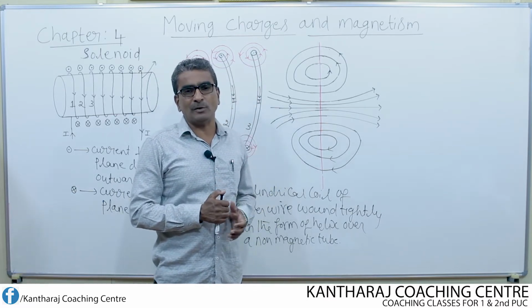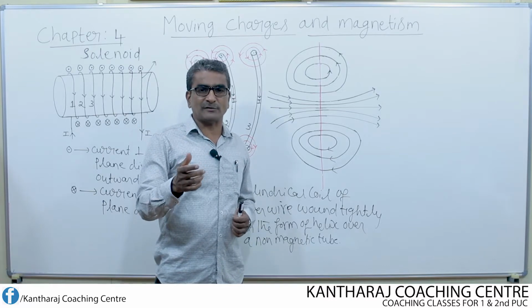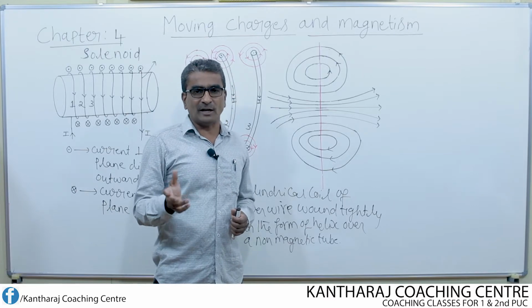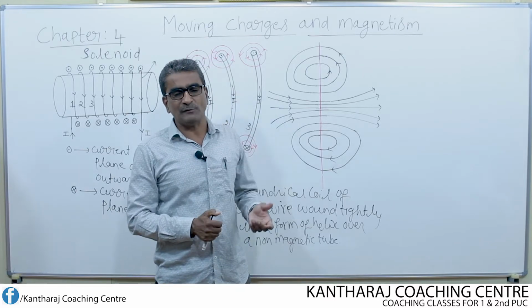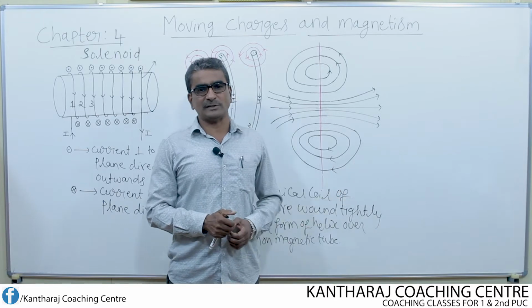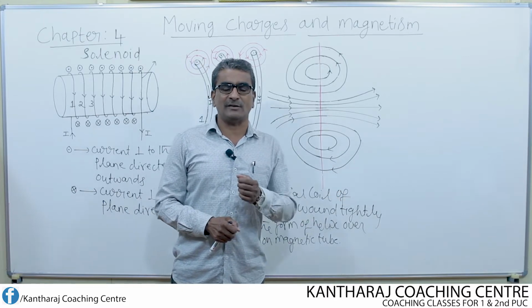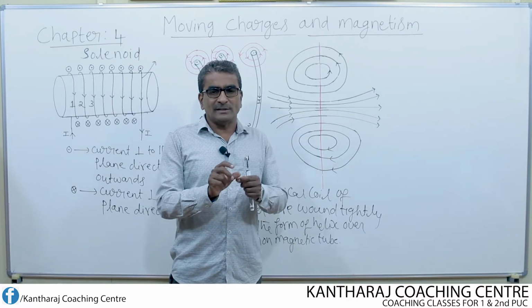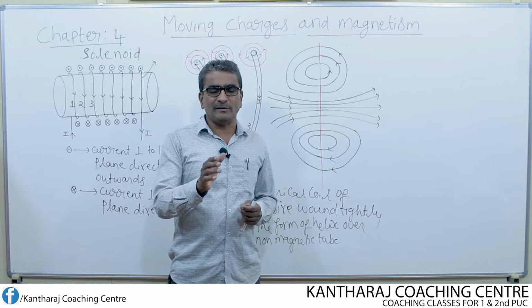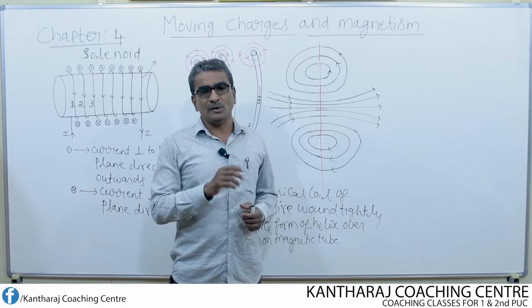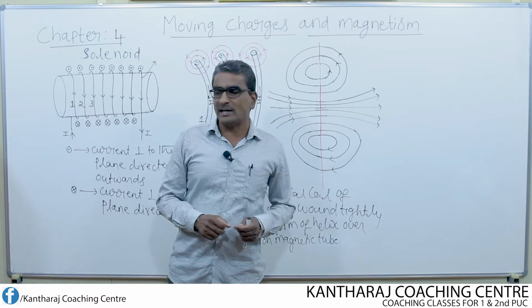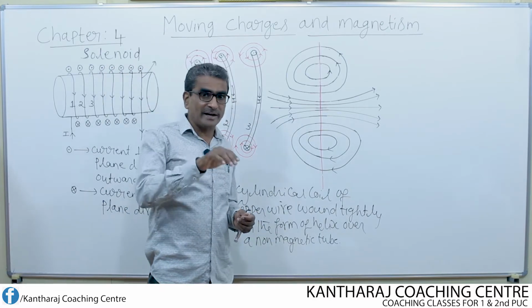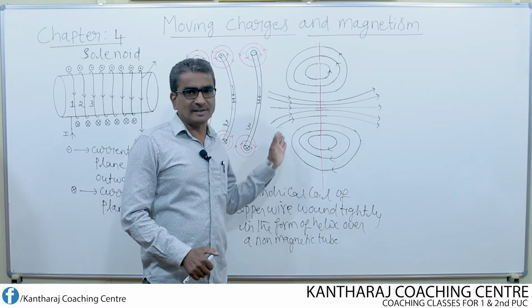Already we studied about the magnetic field produced in case of a circular coil of wire and also in case of a circular loop of wire, and also we derived the expression for magnetic field produced at a point on the axis of a circular coil and also at the center of the circular coil. Now in addition to this, there are simple devices where we can produce the magnetic field. What are those means? One is known as solenoid and the other one is known as toroid. We will discuss about it a little later.